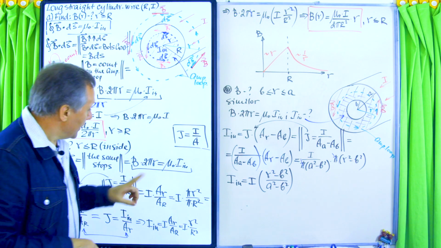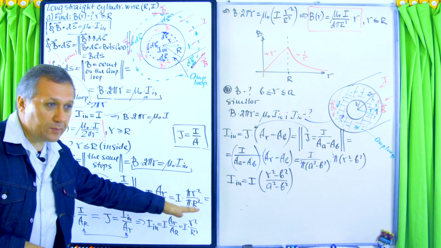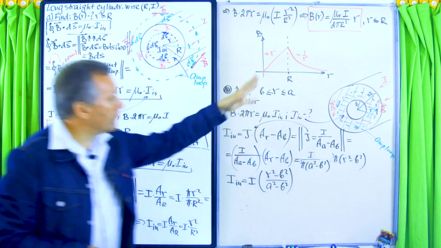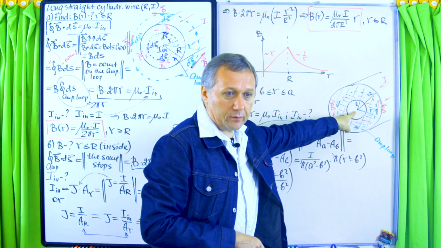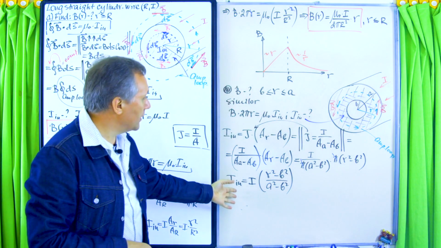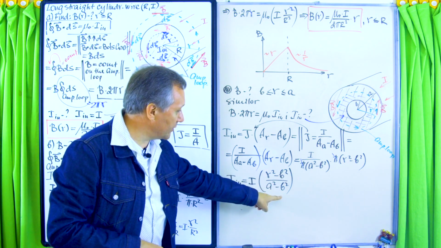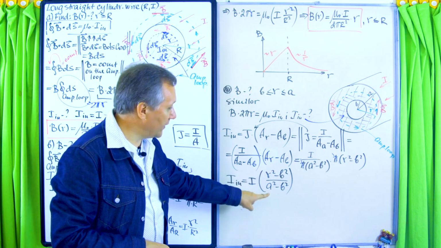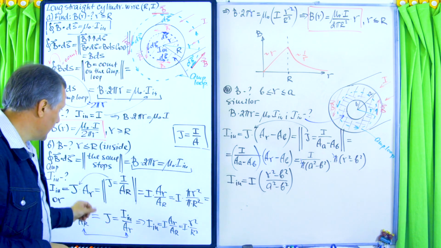And look, this case is a special situation of that situation. Basically, how can we get from this case to that case? b must go to 0. If b equals 0, the hole disappears, right? So we have this situation. And look at I enclosed. If b goes to 0, this b is 0, that b is 0, so I enclosed will be equal to the current times r squared divided by the radius of the wire squared. In this case, it's a squared, but in this case, it's